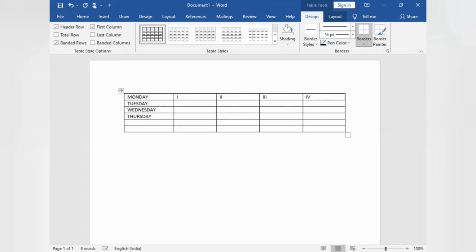Okay, students. Now we will complete this. You can create a timetable like this.